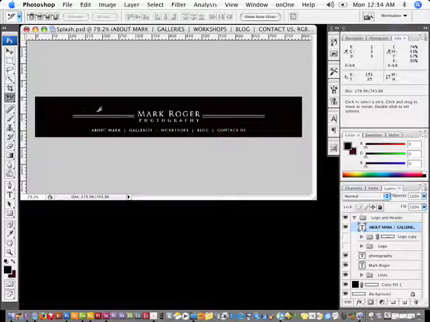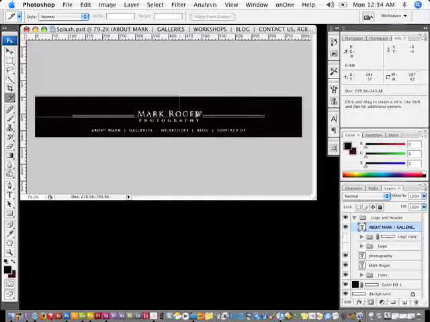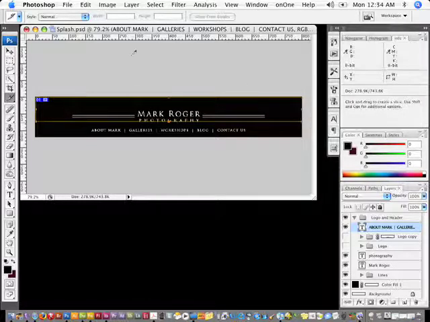So we have a couple of text layers, a couple of solid lines that we're using. And I'm going to navigate over here to the slice tool. What I'm going to do is cut this out. So I'm going to make a section here that I drag out, and I drag past the edge here so that it goes to the very edge.